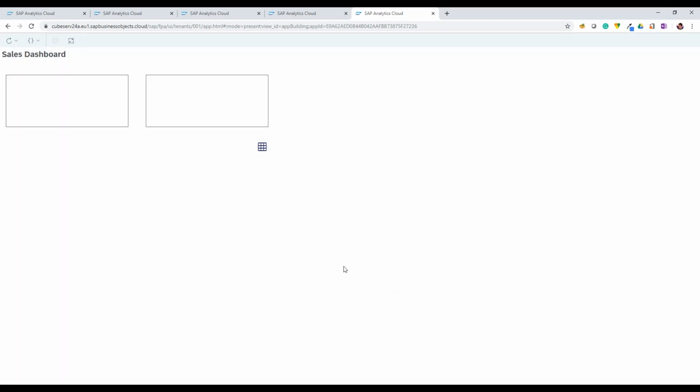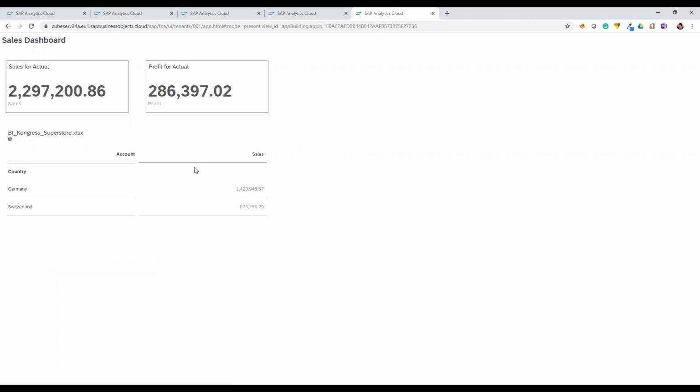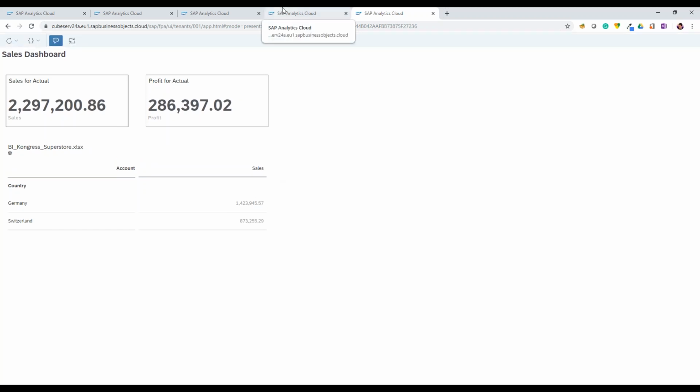So the application is now there. We see that initially only the chart is shown, but we want to switch to the table component, and by a simple click we change to the table component. What we can do over here is that we can add another icon and switch back to the chart component, but it is exactly the same logic. I will not show it in my demo.